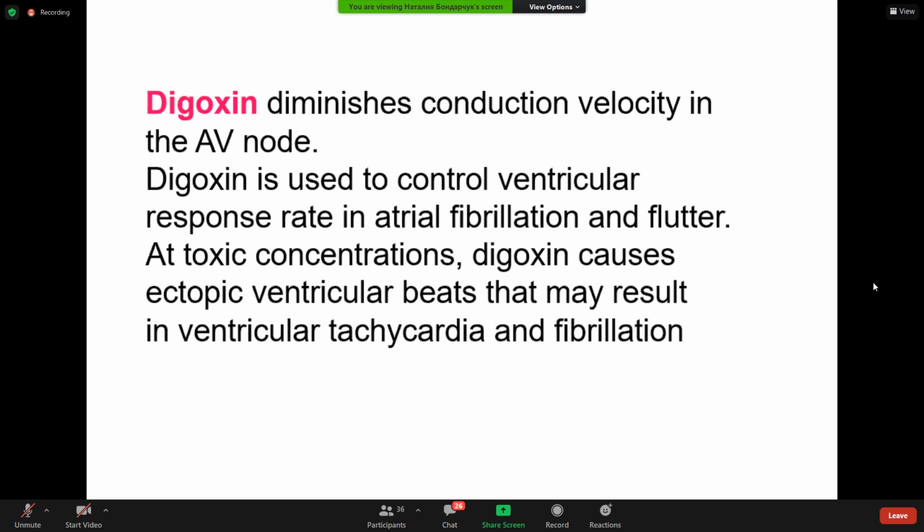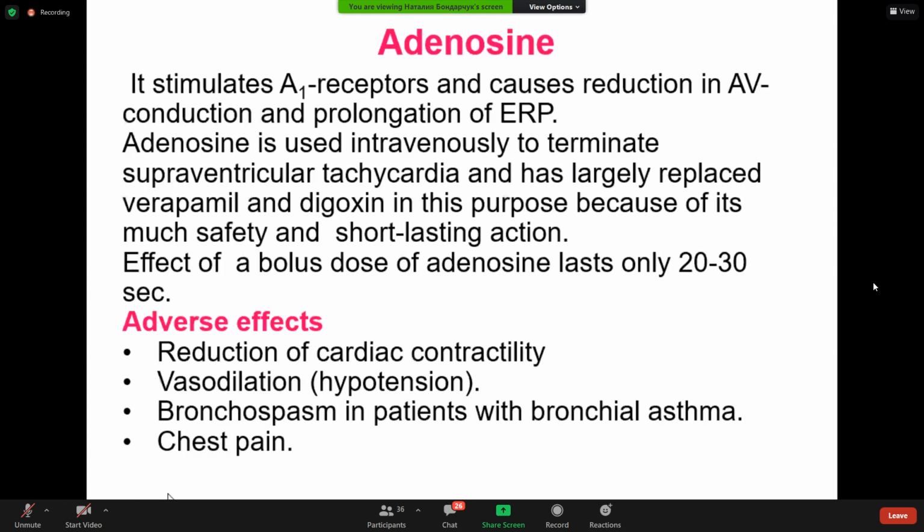So at toxic concentrations, digoxin causes ectopic ventricular beats that may result in ventricular tachycardia and fibrillation. So in order to stop these ventricular beats, we can use phenytoin as antiarrhythmic drug of first choice against digoxin ventricular type of arrhythmias. Next drug, antiarrhythmic,